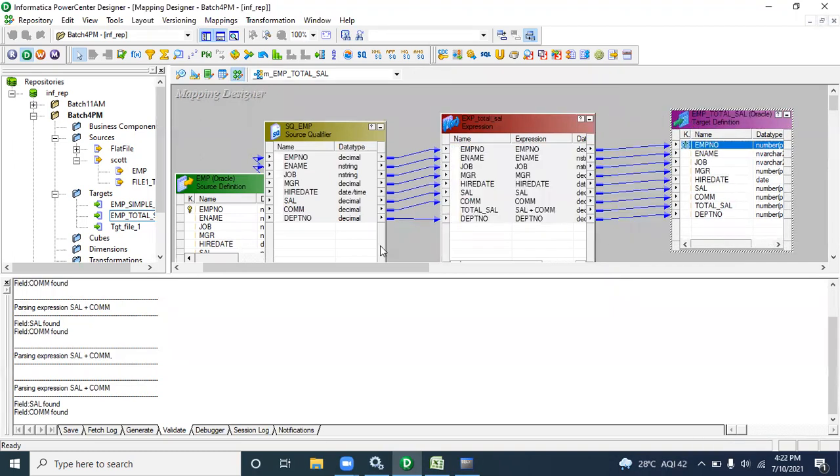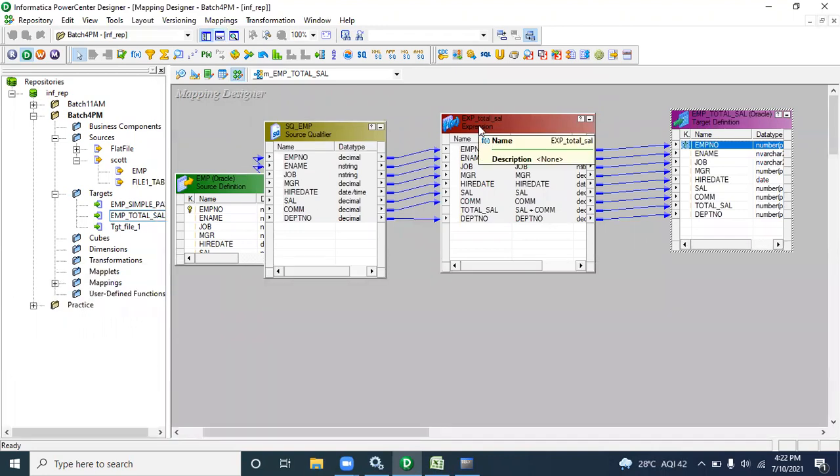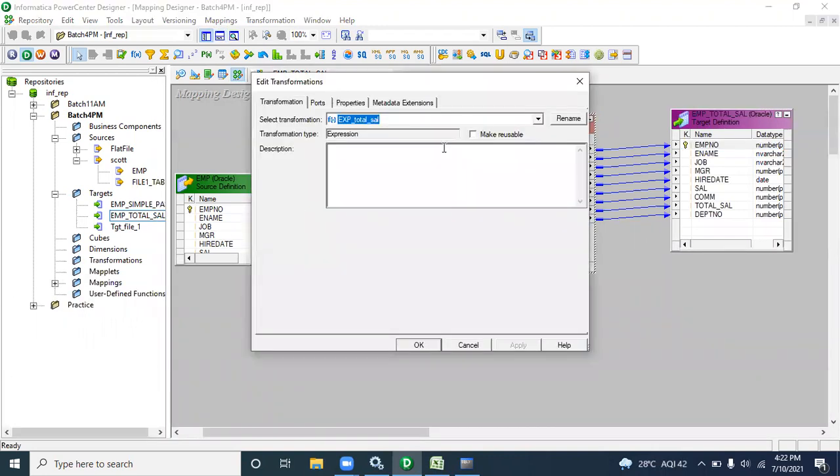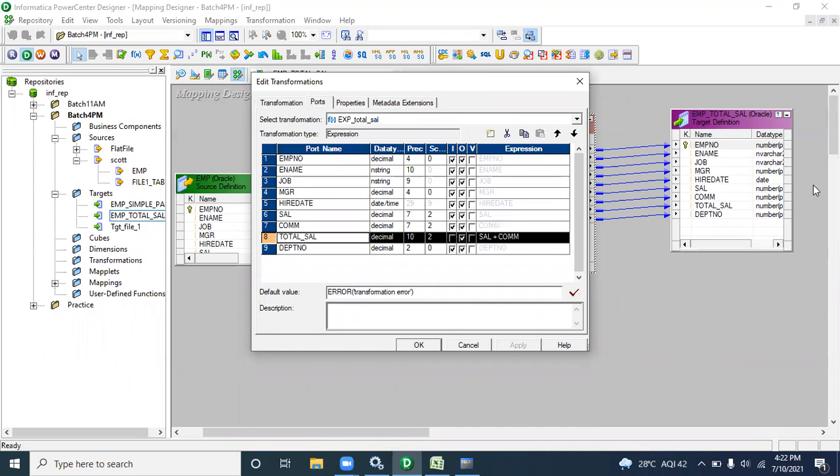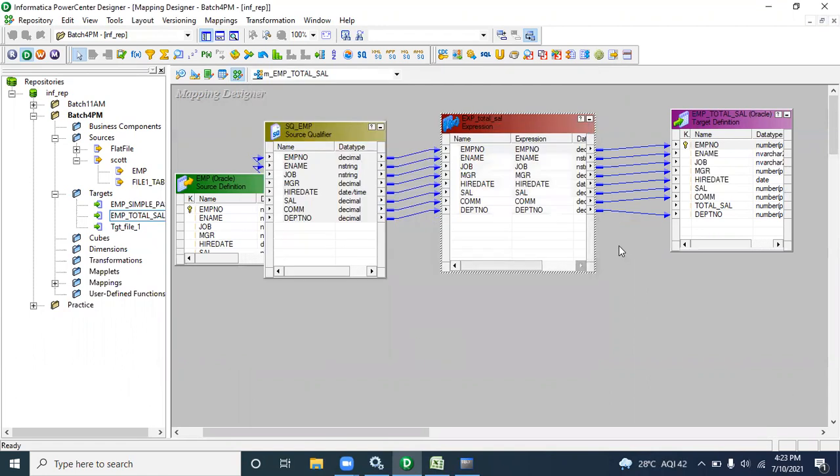Can you repeat this last expression? Start the expression. After dragging and dropping into that expression, double click the expression and go to the Ports tab. You have to create it, because the total_sal column will be there, right? In this way you have to create it, or there is another way. Suppose in the source you have this many records, but in the target you have total_sal. Here we don't have total_sal, right? So there is another way to create it automatically. How? From the target you select total_sal and just backtrack to the expression. So it will be created automatically, right? Okay, how I am showing you is the other manner.